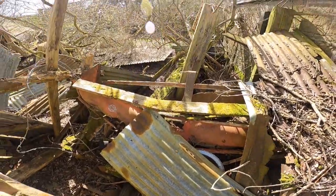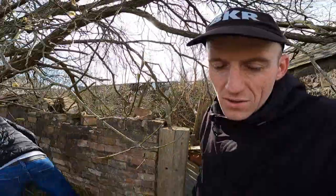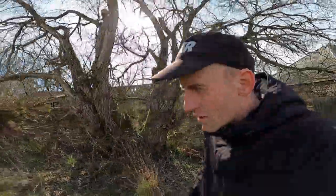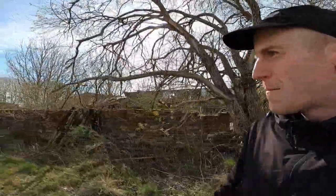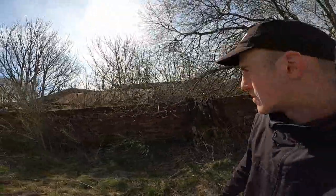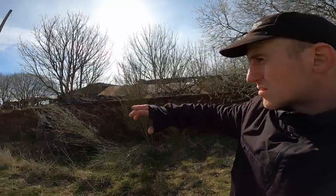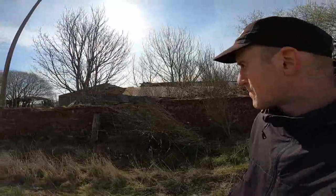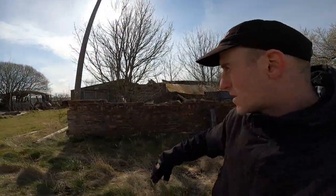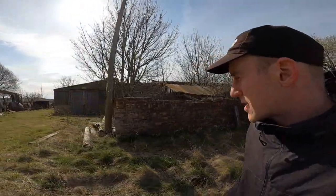Yeah, wow. So we've just seen a bit of old tatty planting equipment, folks. That's a bit of farming history. It's so cool to see. I think this farm's probably still just owned by the local farmer down the road. But it looks to me like obviously he's not using any of those sheds anymore. This farm was probably thriving all the way, maybe up till the 80s and stuff like that by the looks of things, but